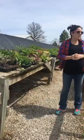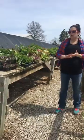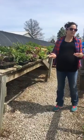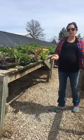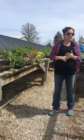The process of acclimation is basically getting your plants used to a controlled environment inside to the uncontrollable environment outside. We all know last week we got Storm Evelyn, not really expecting that, so anything can happen outside, and you want to make sure your plants are ready for the elements before you plant them into the garden. Like I said, we'll post some more information after we're done talking about cold frames,